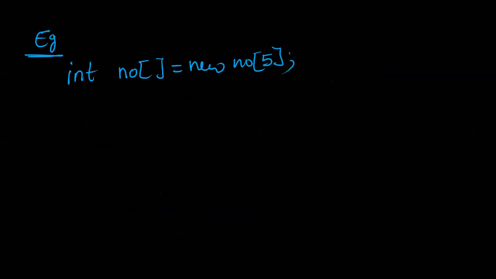So an example for that single dimension array. For example, you want to store an integer variable. So int is the data type, and the variable name, anything you can give, for example, numbers. So subscripts is equal to new int numbers, and here you can use 5 and close the bracket. Actually, how will this be created in memory? Now I want to show.